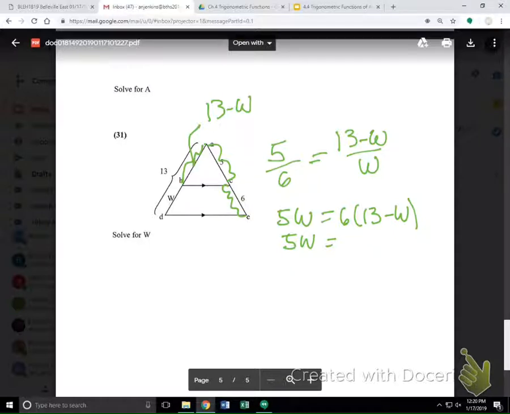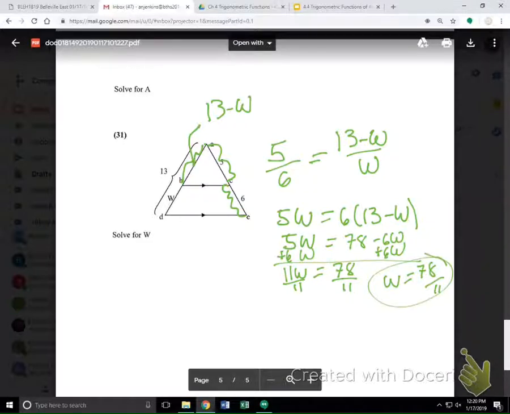So what is 13 times 6? 78. 78 minus 6W. We got to add 6W to both sides. We end up with 11W equals 78. Divide by 11. W equals 78 over 11. Okay, so let's